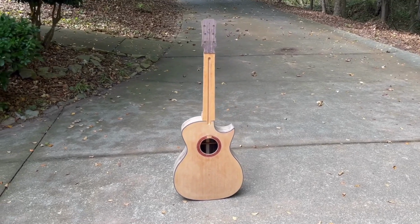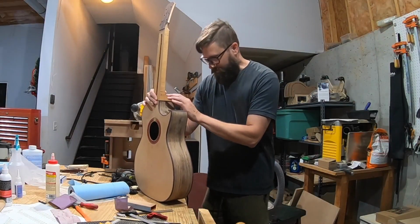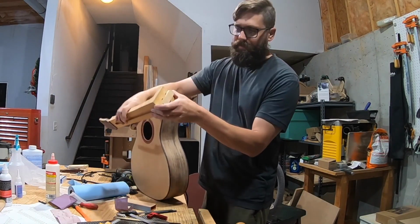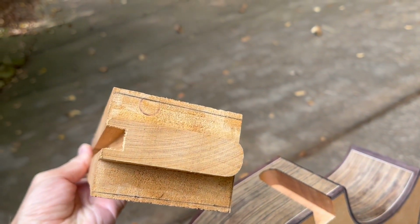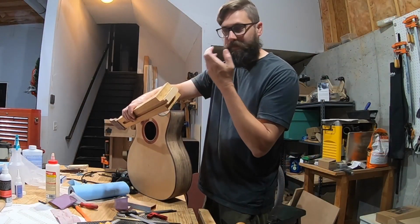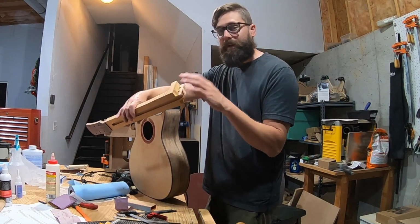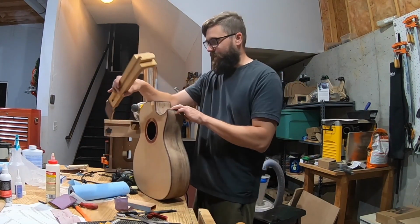So what I did was, I don't want to go past this point on the fretboard. So I've got this set in place, and I took a pencil and just marked all the way under there so that I've got a stop line. And I went ahead and measured from the tenon over and then made the same mark this far over on the other side too, so that it will look centered, I guess. I think it might be 1 or 1.5 millimeters wider than it's supposed to be. So I may make the fretboard just a tad bit wider in order to make this match up with the